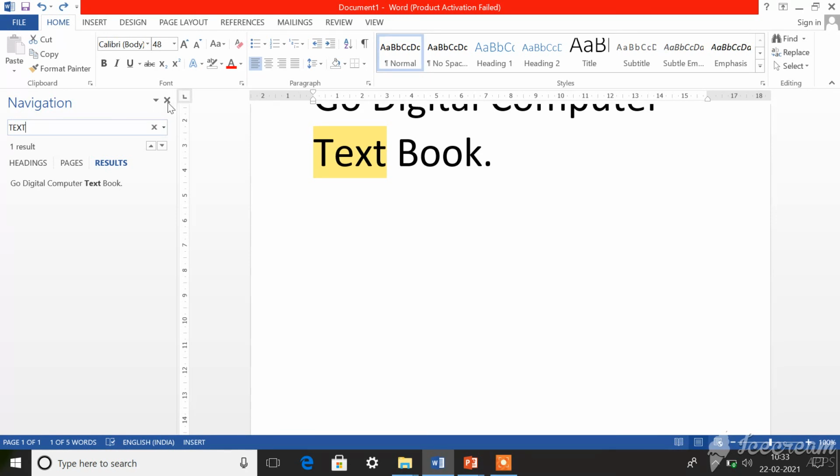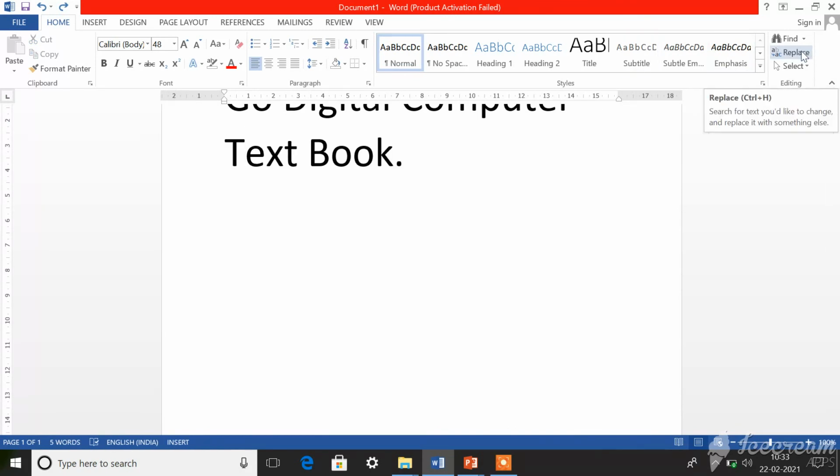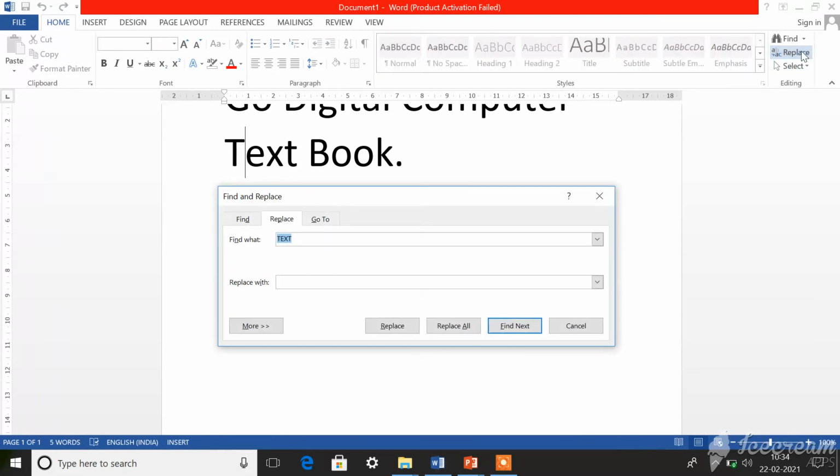Then the next one is the replace option, find and replace. For that, in the same Editing group, you should click Replace. This is the Find and Replace dialog box. In Find what, text is written. I am going to replace text with note.